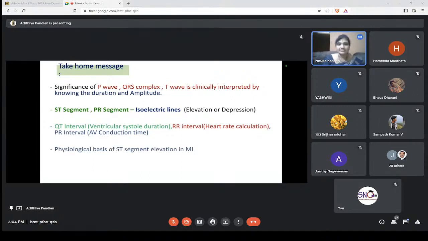Okay, ST segment elevation is seen in MI, and the opposite leads. If it is an anterior one, that particular leads will show elevation, but the opposite leads may show depression. The next slide, please. Tall T wave in hyperkalemia, and low voltage you get in all types of low electrolytes, hyponatremia, hypocalcemia, everything. Next